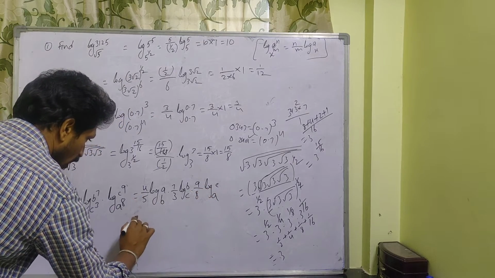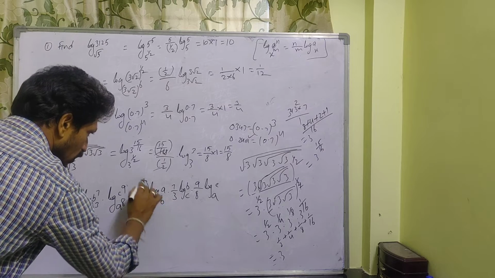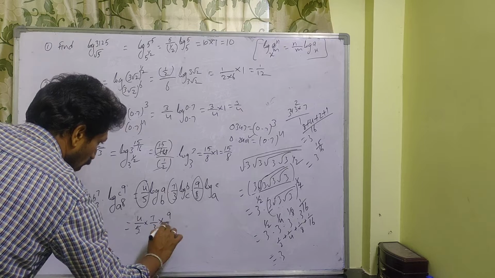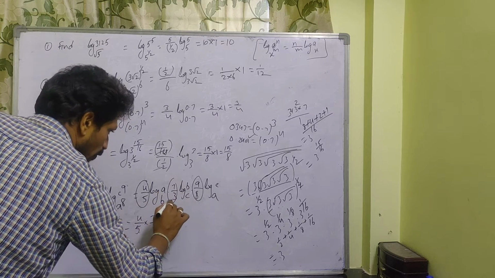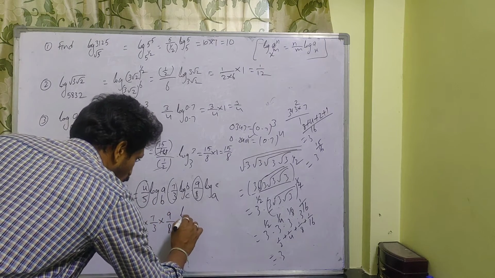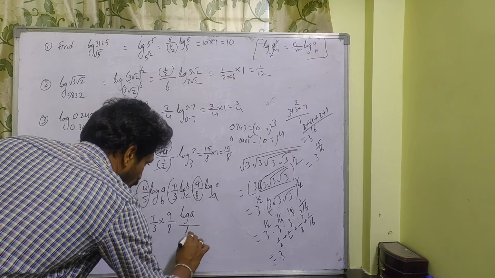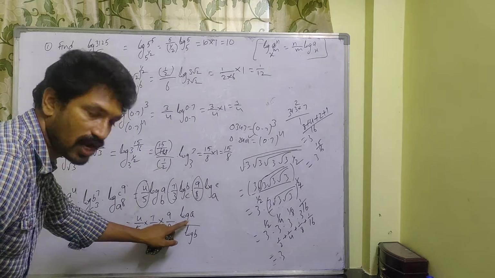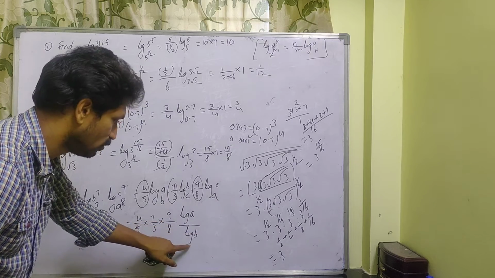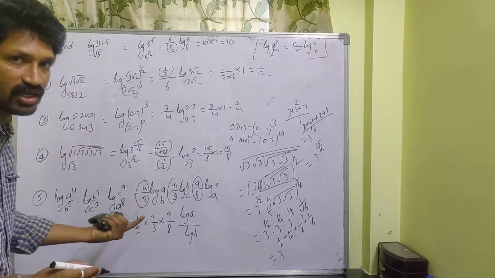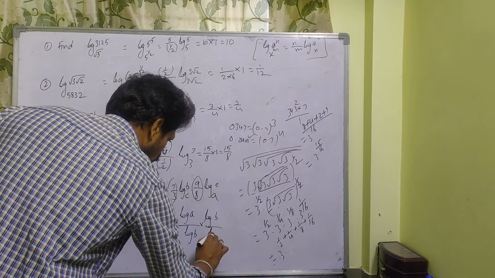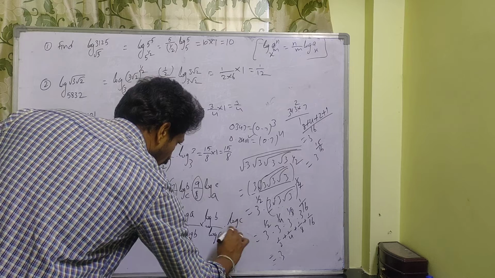Just remember, this one I can write as 4 by 5 into, just these constants I am writing outside, into 7 by 3 into 9 by 8 into log a to the base b, log b to the base c. So this log a to the base b with any base you can write as log a by log b. Here nothing there means you can understand here base is 10. So I am not writing anything, just remember base 10, into log b by log c into log c by log a.